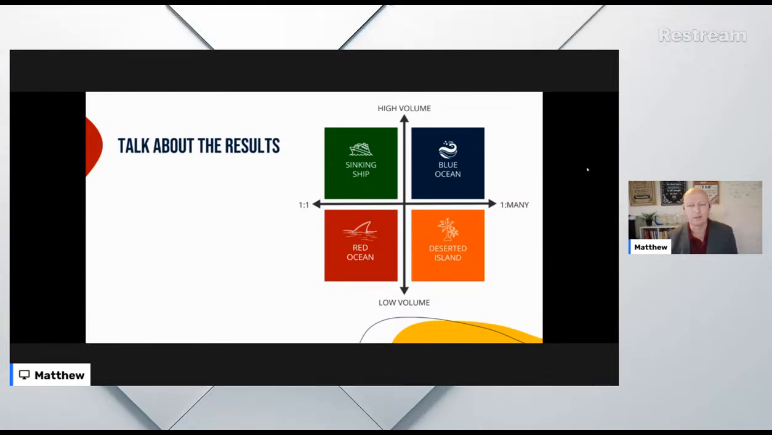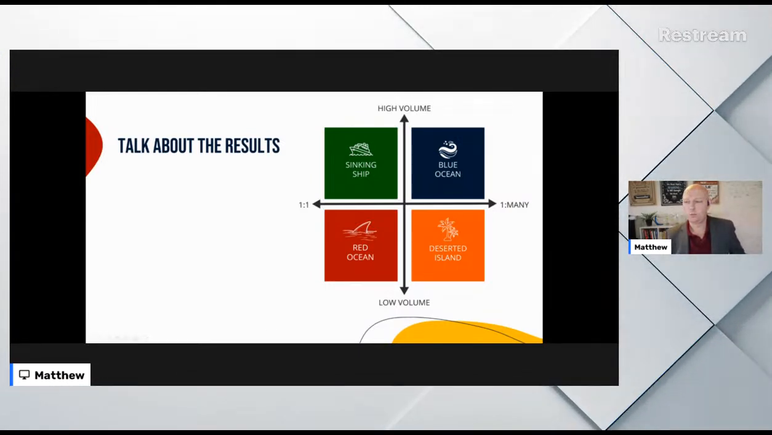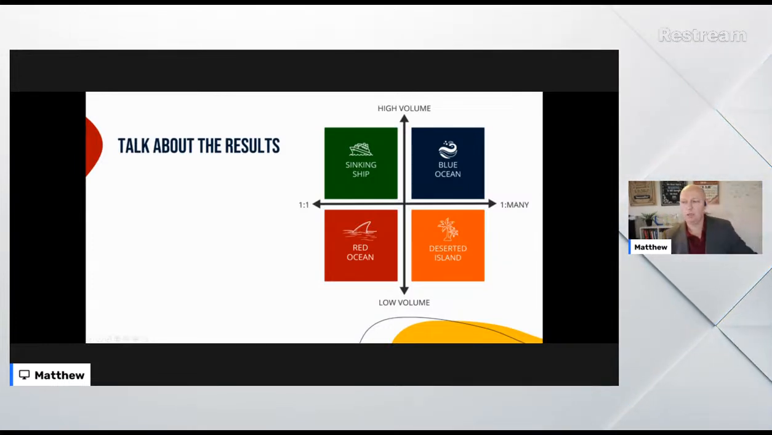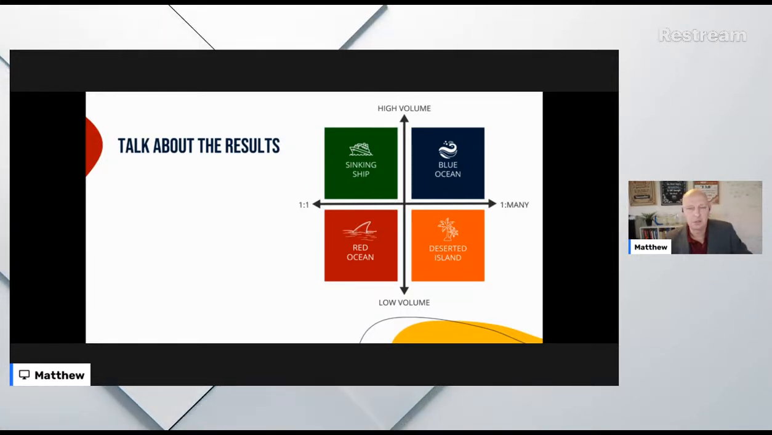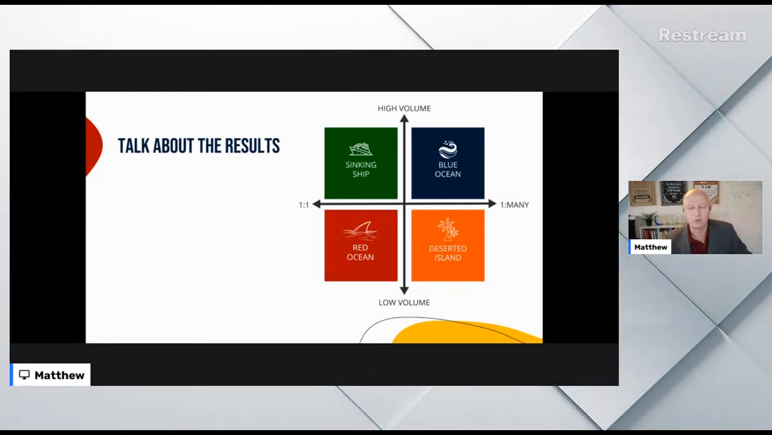The results that we provide for our clients, we can talk about. We want to help people to move into the blue ocean where they're having a high volume of clients and they're delivering their program one-to-many. And the issue is that many clients are sitting in the red ocean, have a low volume of clients and